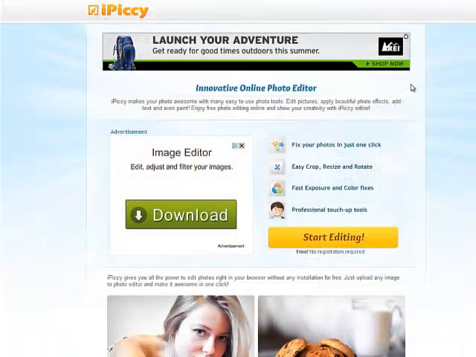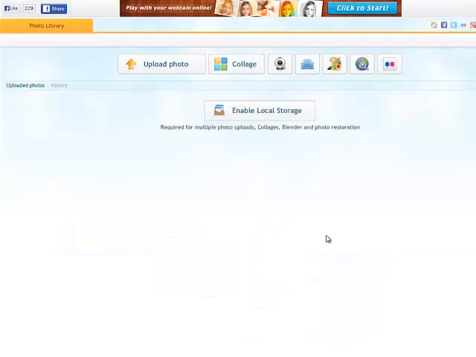Now we're going to the photo editing program. Again, this is free, and with all free things on the internet there are a lot of ads, so you just have to be careful of where you click. For example, over here we have the opportunity to download a free image editor, but you'll notice that it says advertisement here and it says advertisement here. That's not what we want, so just be aware of that. What we do want to do is come over to this area, and it says Start Editing Free. No registration required. So I'm going to click Start Editing,